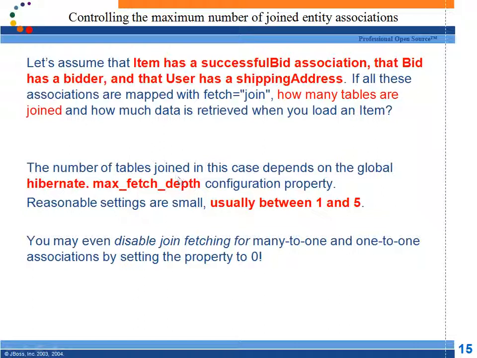So if I am giving that property equal to 3, the maximum number of outer joins which are allowed is 3. So if I try to join 4 or 7, it will get the details by performing another additional query. It will try to give a maximum of only 3 outer joins. But if there is a 4th one also, then it will perform another extra query to get the data. It will not use only a single query.